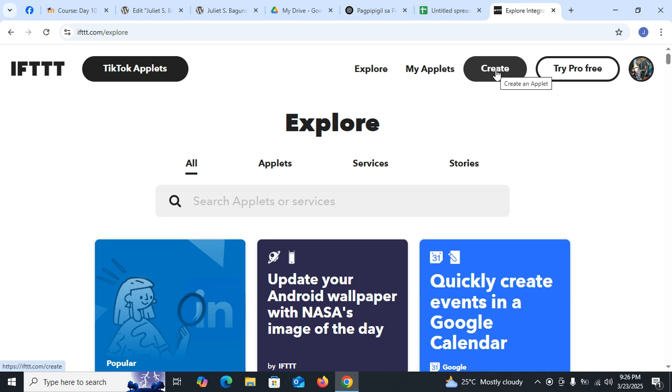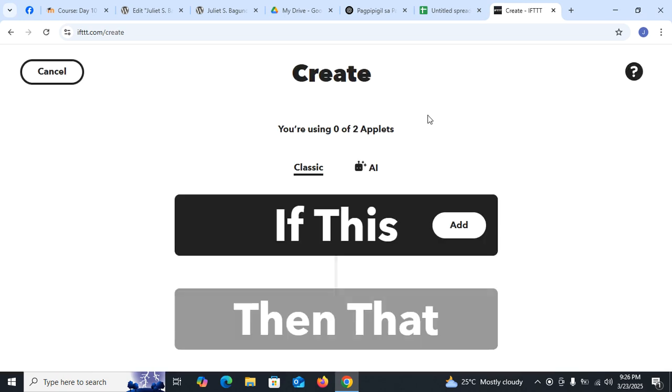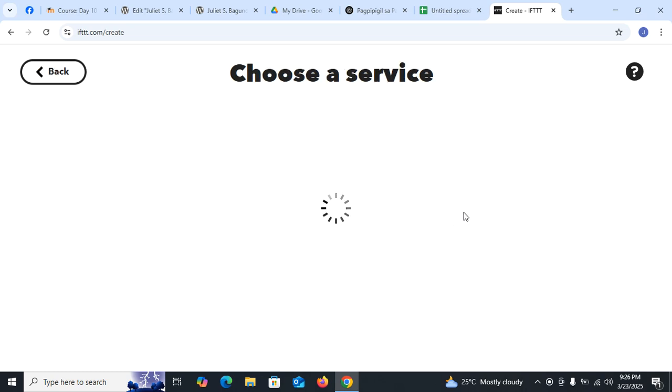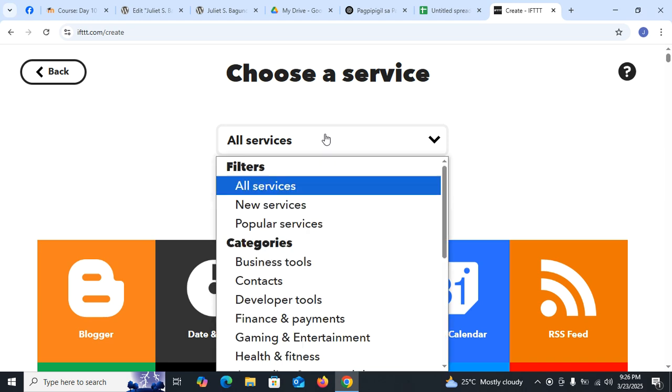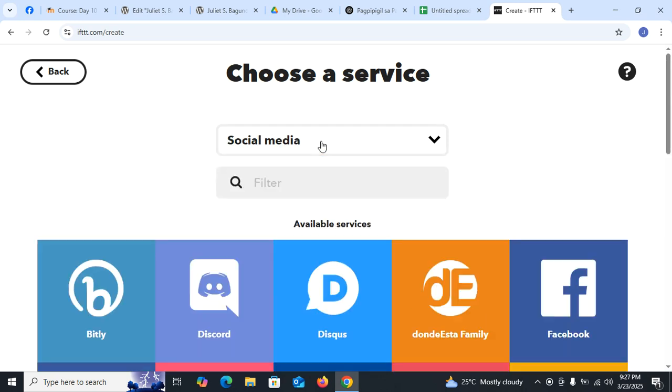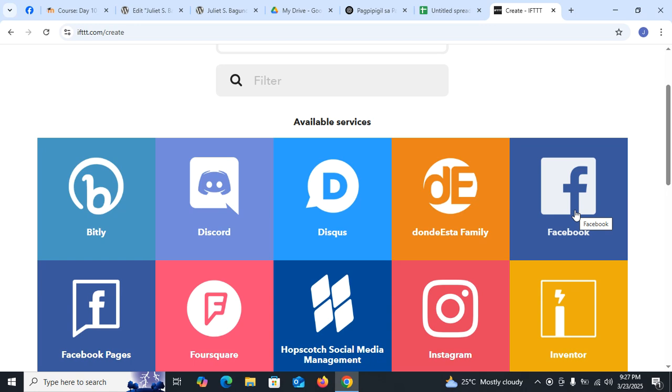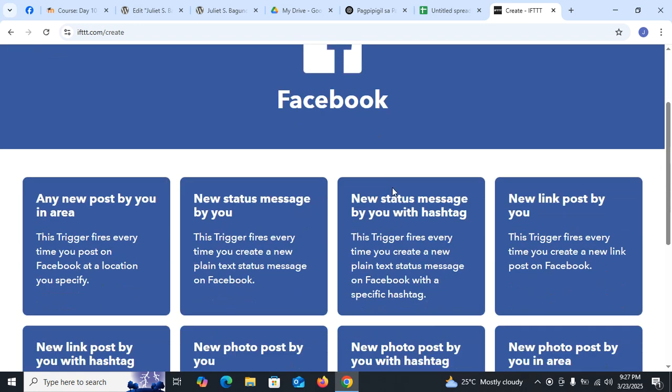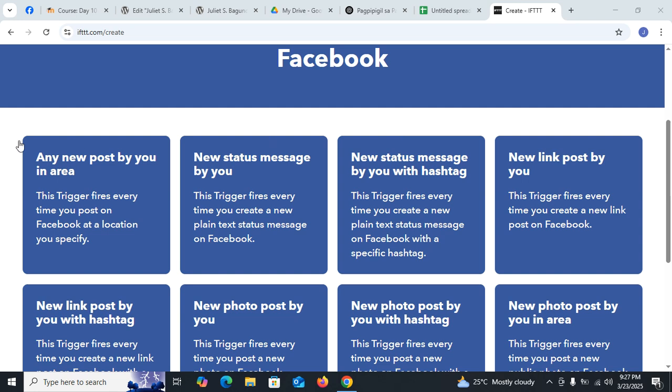Next is click Create. So click Add, and then we'll choose social media for our services. Okay, and then I will choose Facebook. So we have options here or choices if you want to choose any of these. So me, I will choose this one,